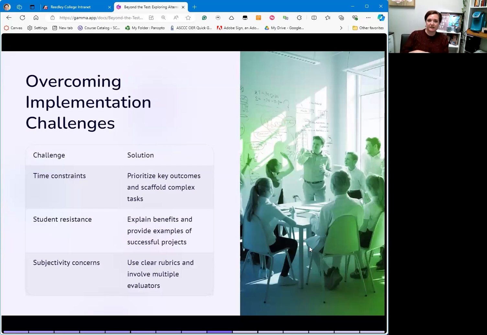So this does sound like a lot of work, and I'm not going to lie, it can be more work at the beginning than just getting that test bank from the publisher or wherever it might be, and having them complete that Canvas quiz that's auto-graded. This can be a little bit more work to set up at the beginning,